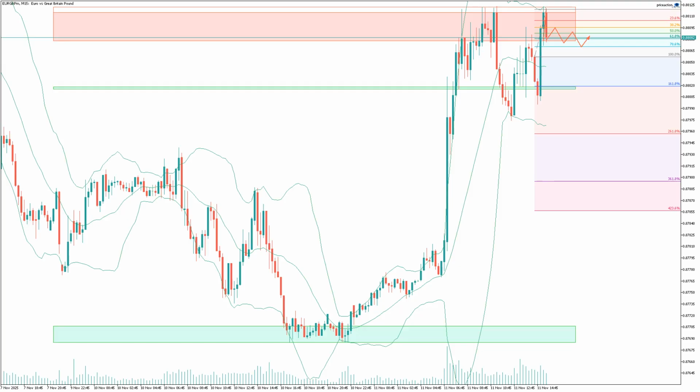resistance. The repeated tests and rejections at this price range highlight it as a significant barrier to upward movement, where supply consistently overpowered demand. This area acted as a ceiling, preventing further upward price exploration, and was a point of consolidation before downward movements. The presence of multiple candles with long upper shadows at this price point clearly demonstrates the strong bearish sentiment and the difficulty for buyers to overcome this level. The tight price action within this narrow band before a potential reversal or decline emphasizes its significance as a supply